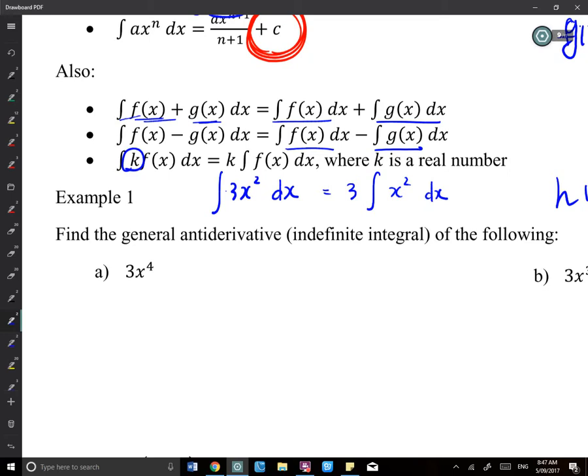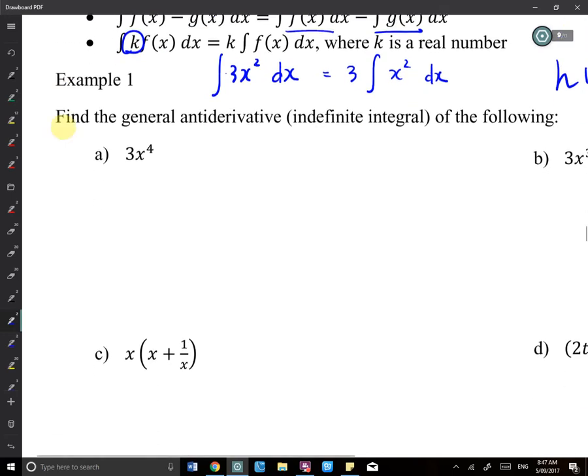But it doesn't really matter. You can leave it inside. It will be the same. Okay, so